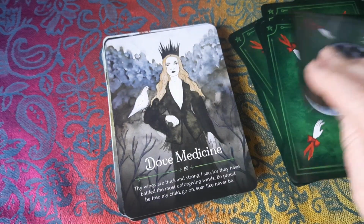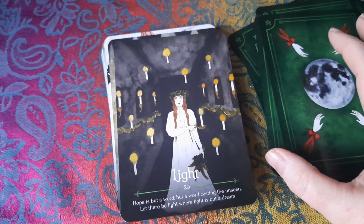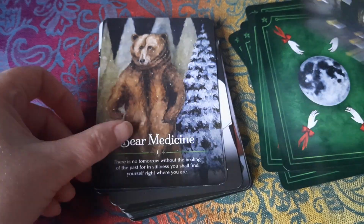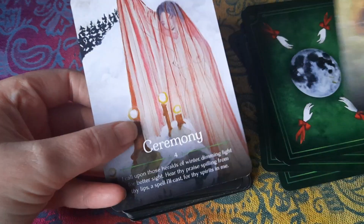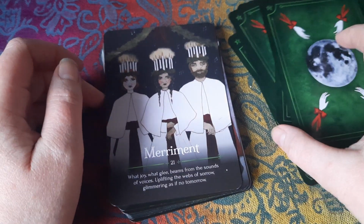And I have been doing that with this, and I found the cards that have come out have every time made me go, wow, because they've said something quite profound that sort of cuts to the heart of whatever I was going through at the time. So I think this is a really lovely deck, and I'm definitely going to keep working with it